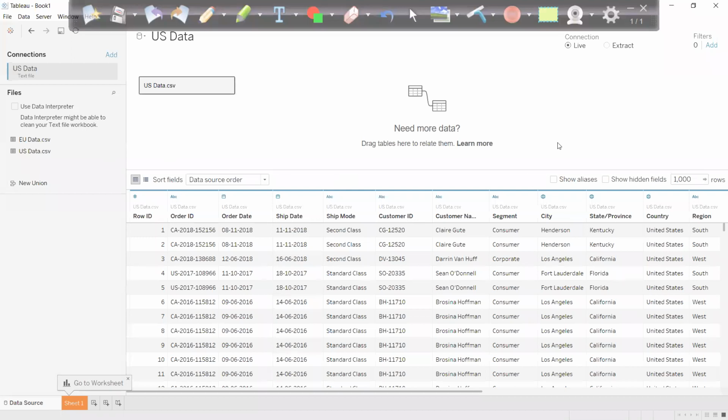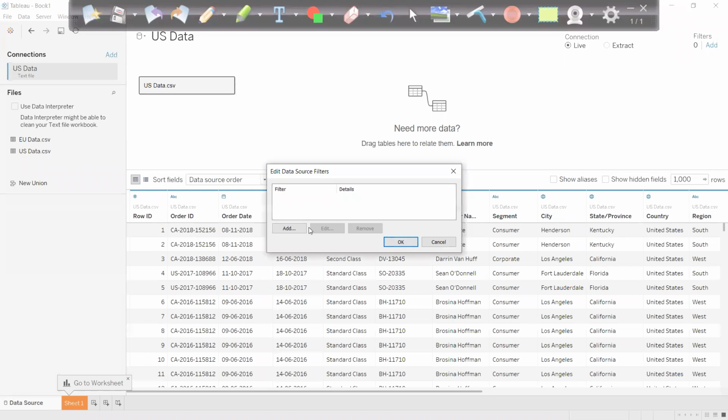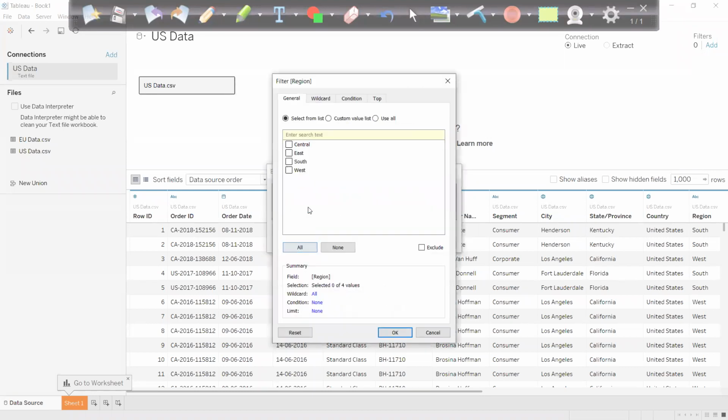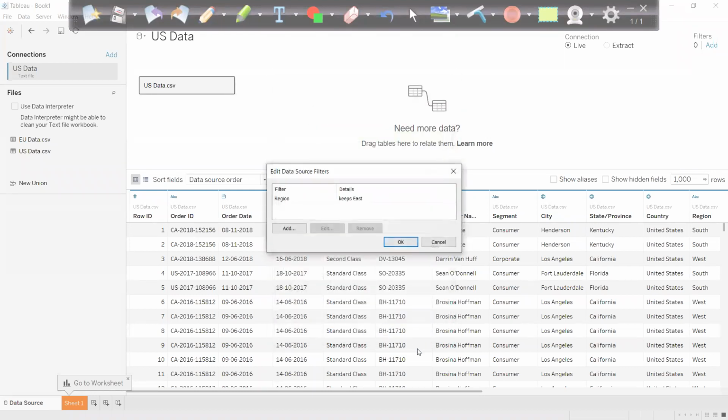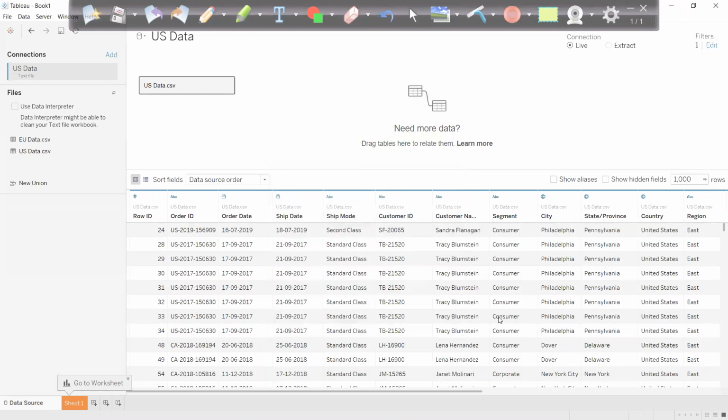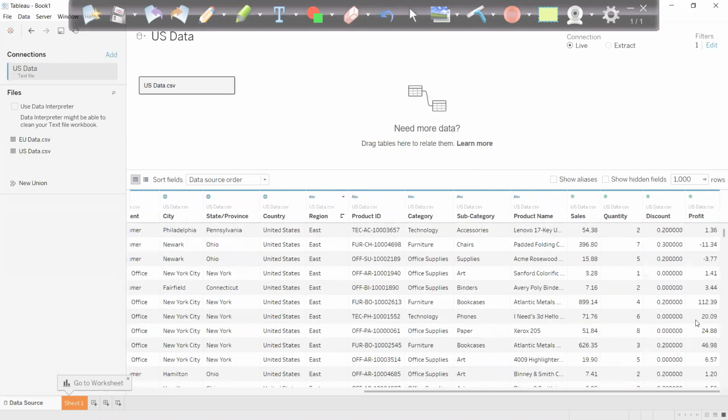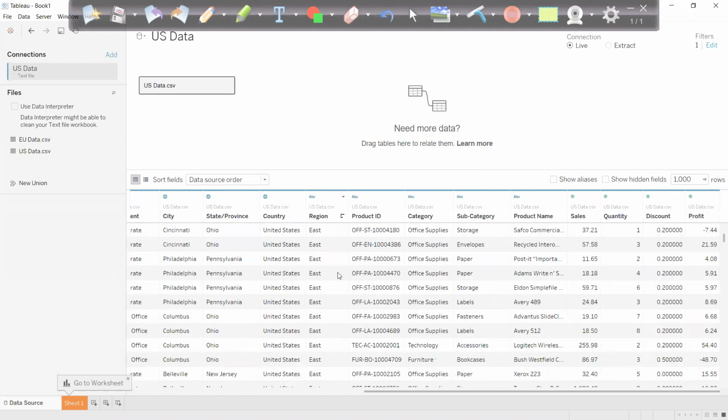Let's say I'm talking about this report I'm creating, and I am going with a live connection. I want the live connection as per the business requirement. And I'll click on add. This filter option is basically used when you are using a live connection and you want to reduce your data as per the requirement. So here I will add a filter, add a region, and in region I will select East. You can see that in the region I will get only East data. I don't have any other data. All the data is of the East region. You can see here.